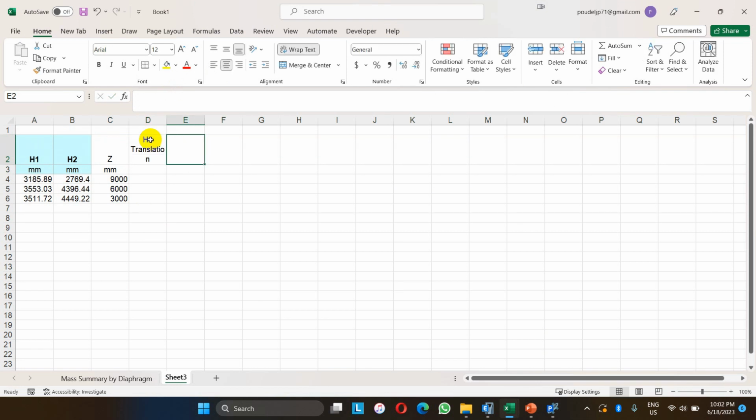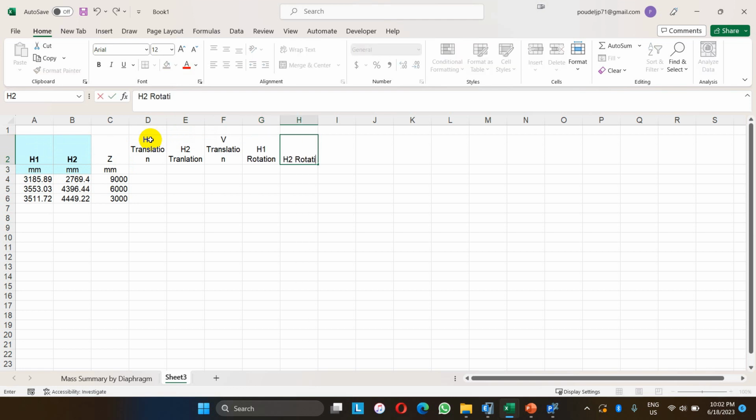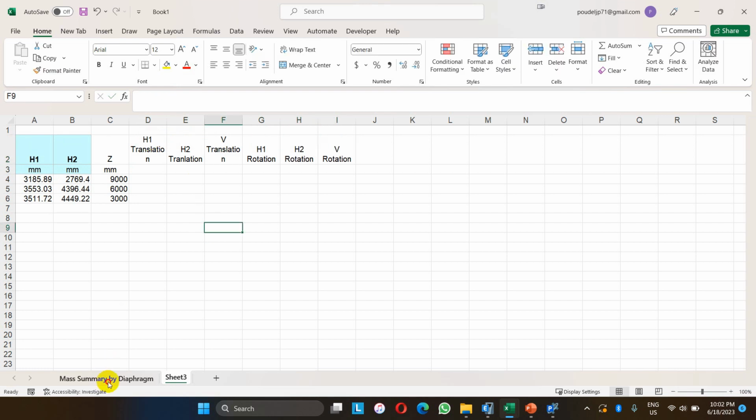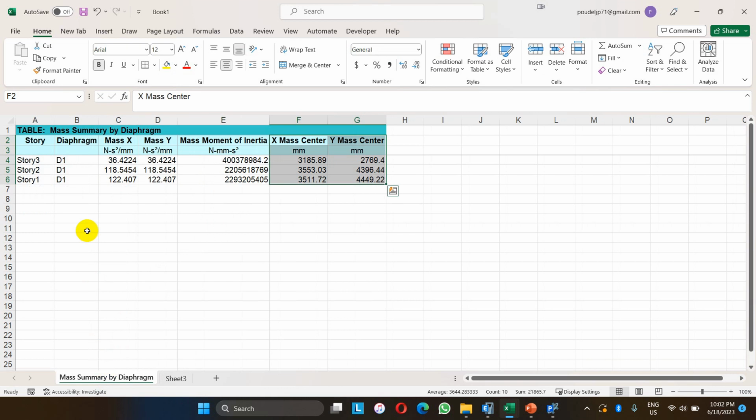So after that, we have to go for H1 translation, another one is S2 translation, third one is B translation, fourth one is H1 rotation, S2 rotation, and finally B vertical rotation. So here we have to copy the masses in XY for